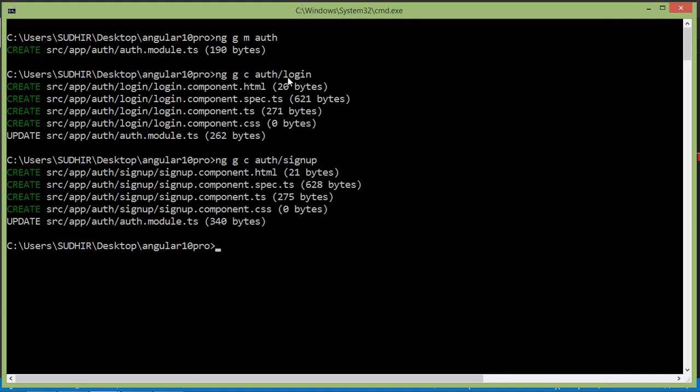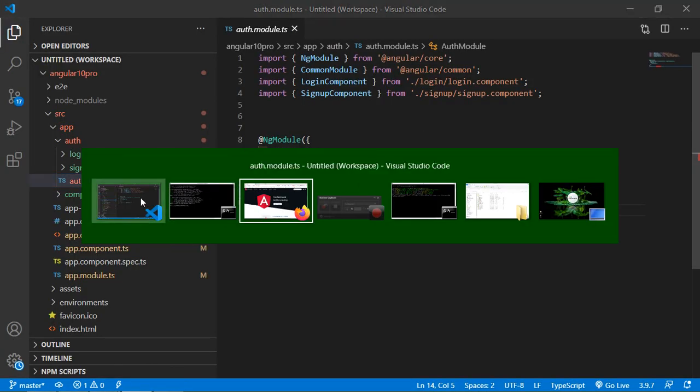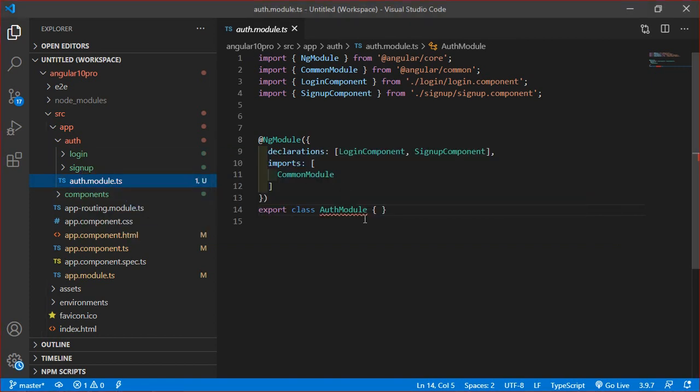Alright, both components, login and sign up, have been created. So switch to the project, and inside the auth.module.ts file you can see both the login component and sign up component. Both are imported inside this file.